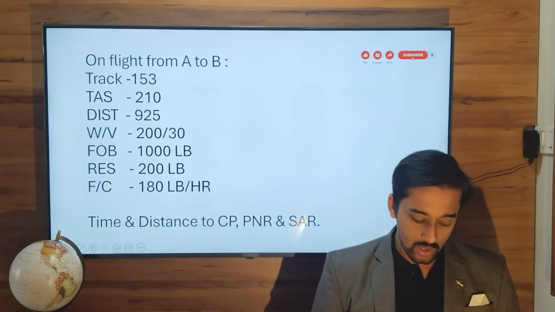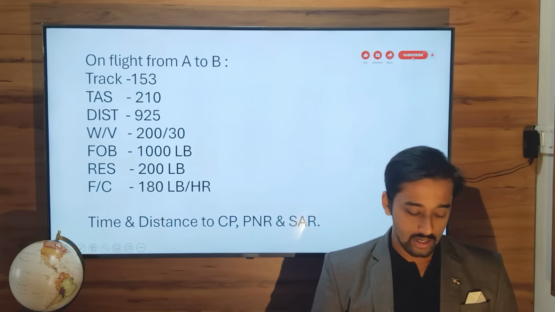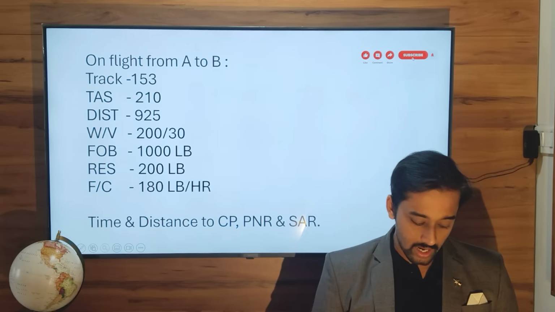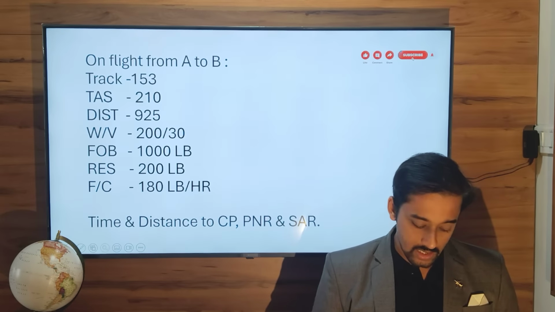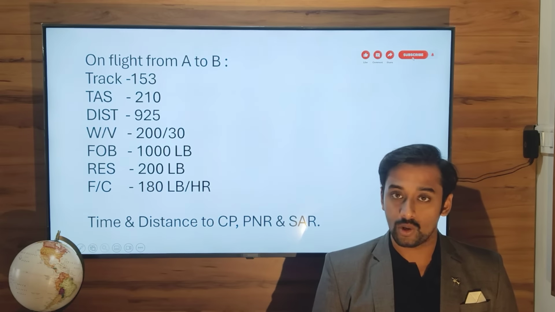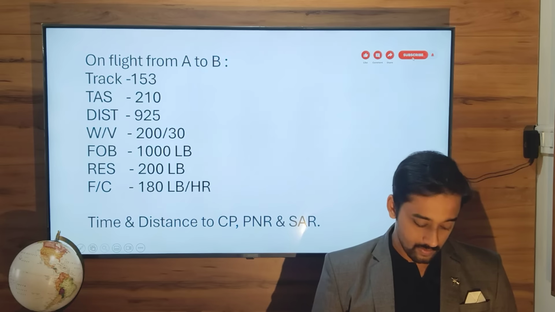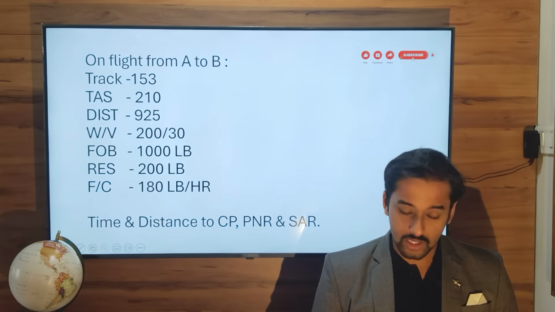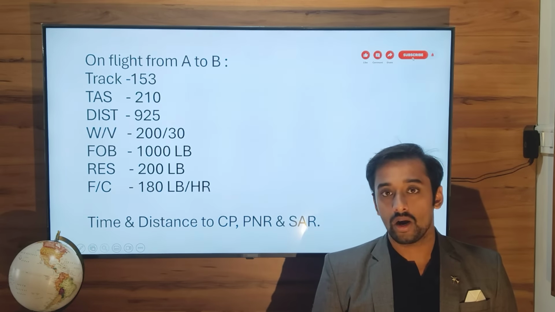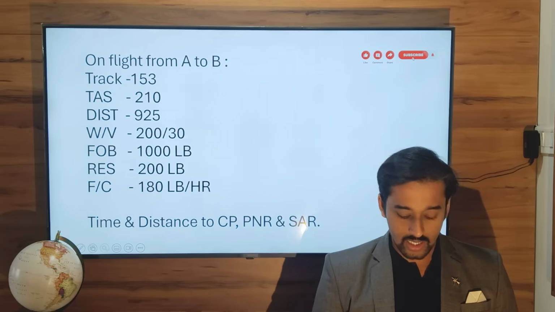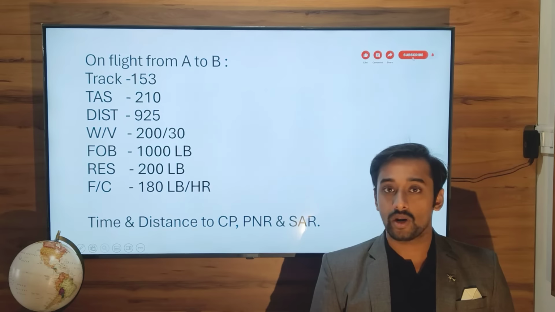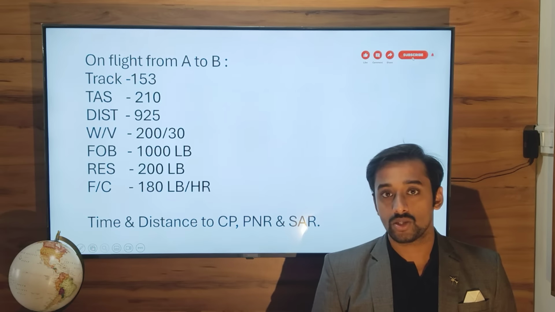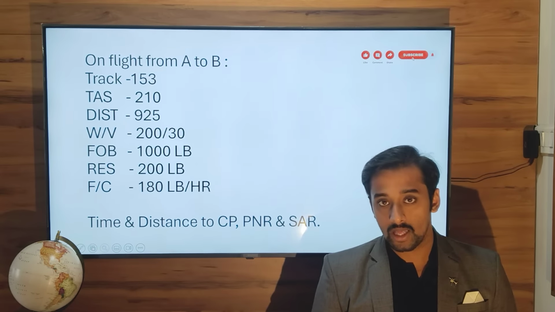So there is a flight given to us. On a flight from A to B, the details of that flight are: track 153, TAS 210, distance from A to B 925, wind velocity 200 at 30, fuel on board 1000 pounds, reserve 200 pounds, fuel consumption 180 pounds per hour. What is the time and distance to critical point, time and distance to PNR, point of no return, and